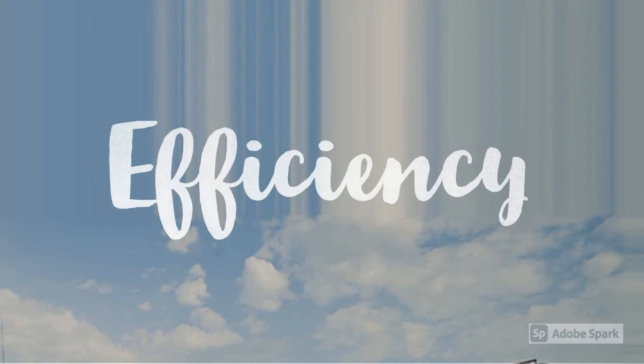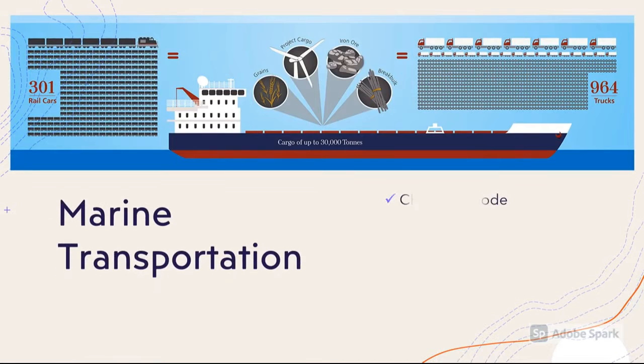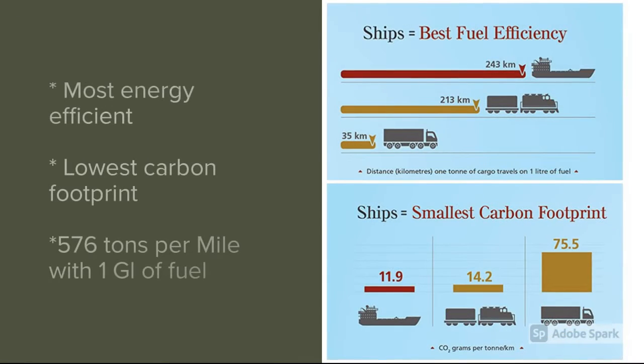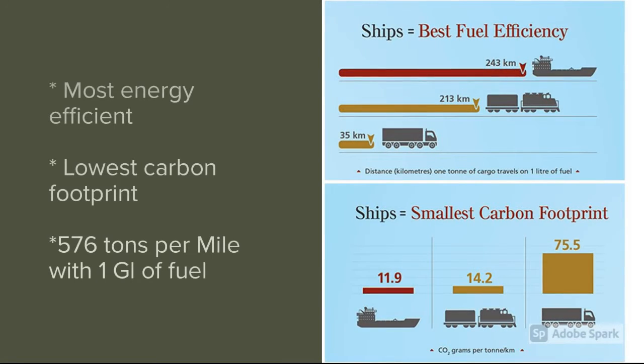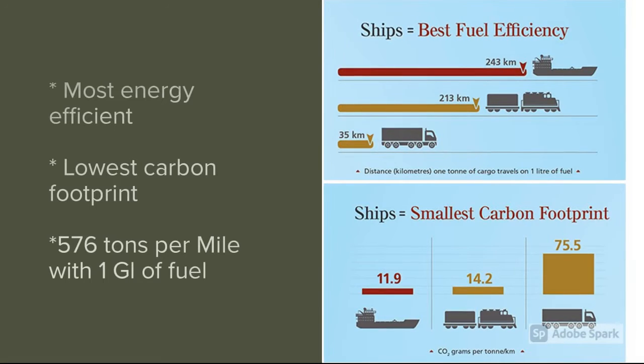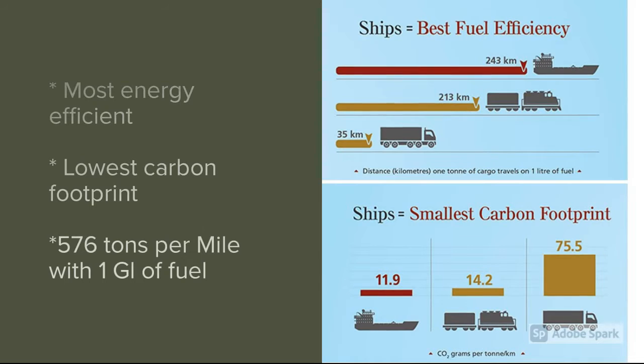The second most important reason is efficiency. Maritime transportation offers the cheapest way to carry the largest volume of merchandise for the longest distances. A Laker ship can fit the amount of cargo equivalent to 301 rail cars or 964 trucks. It's the most energy-efficient transportation mode with the lowest carbon footprint. Remember, we learned in Chapter 11 that a ship can move 576 tons of materials for 1 mile with 1